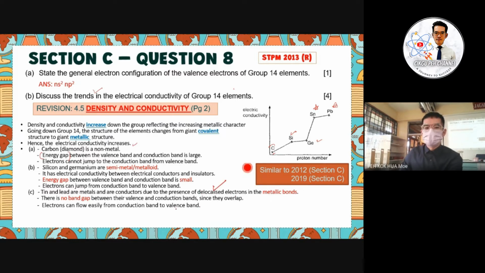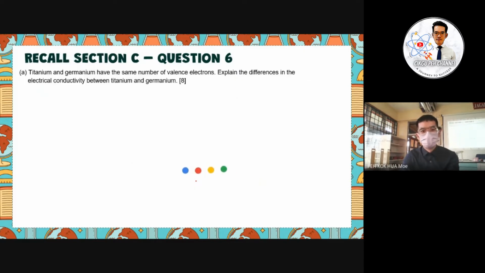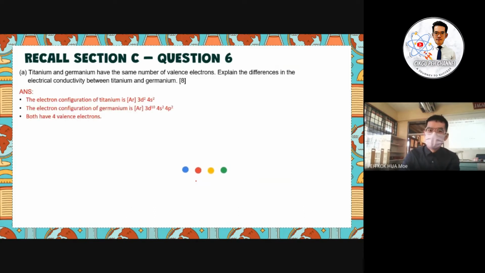So there is no gap between the conduction band and the valence band. That means the electron can flow easily from the conduction band to the valence band. This is the info. We actually also discussed it in our previous discussion. When we study from our notes, the scheme may be a bit different, so we try to relate our notes to the